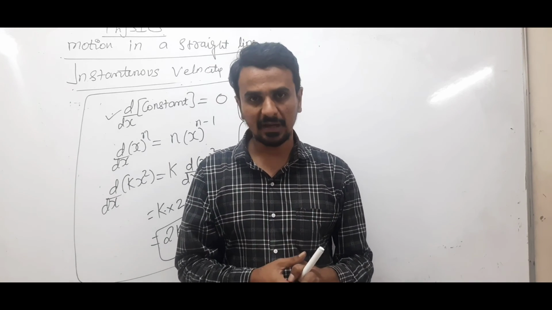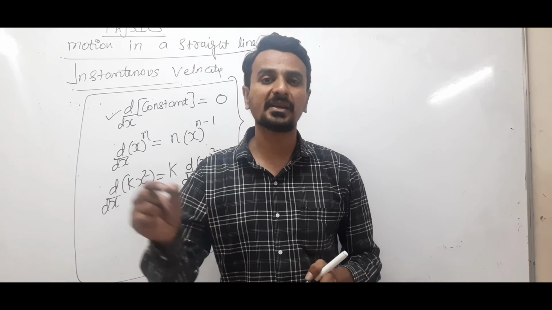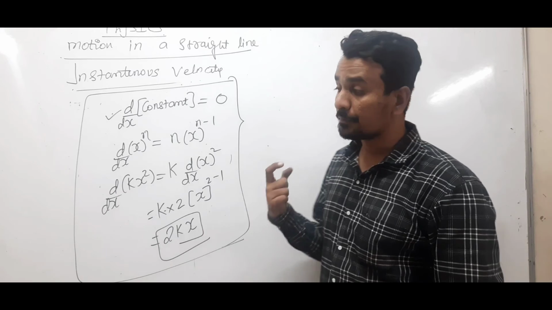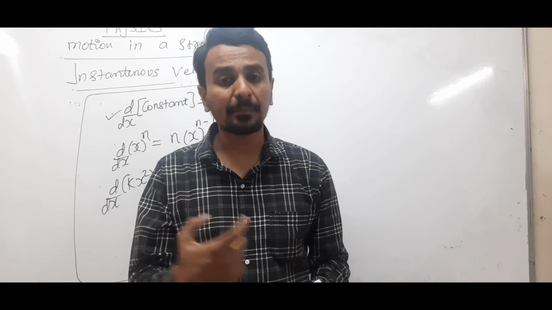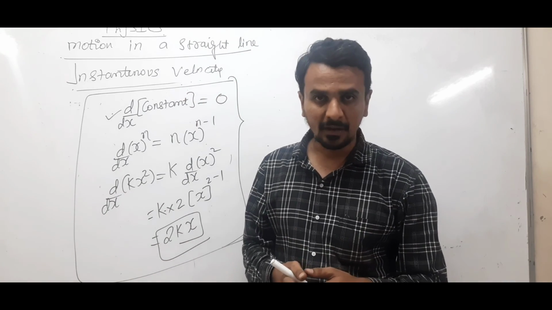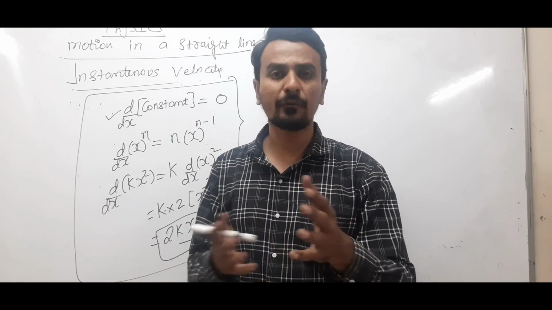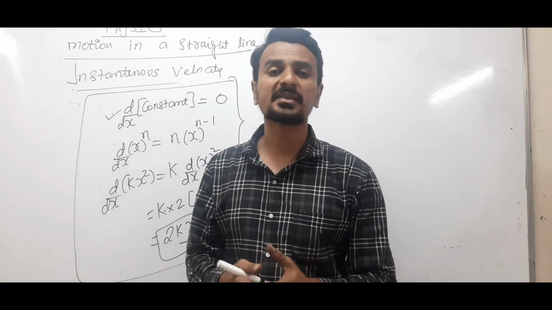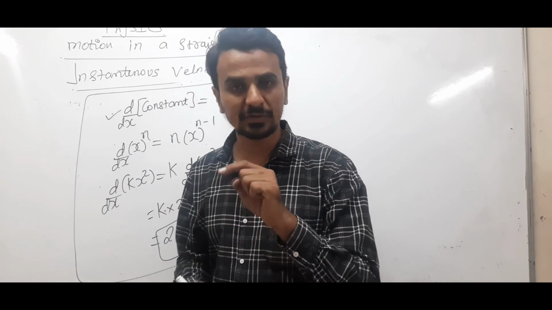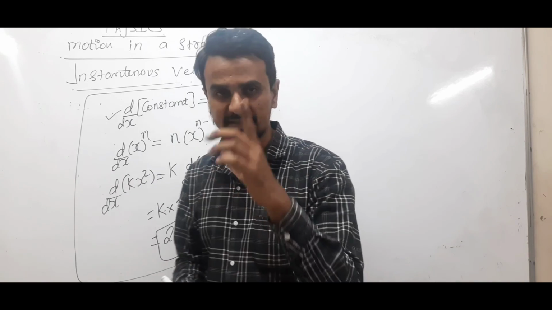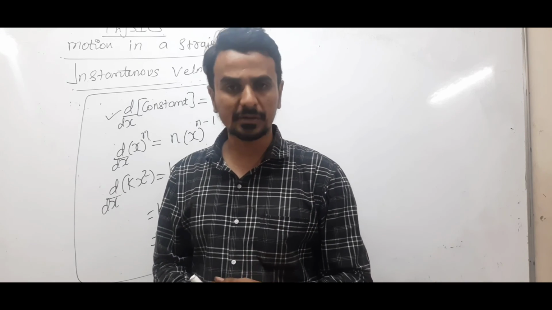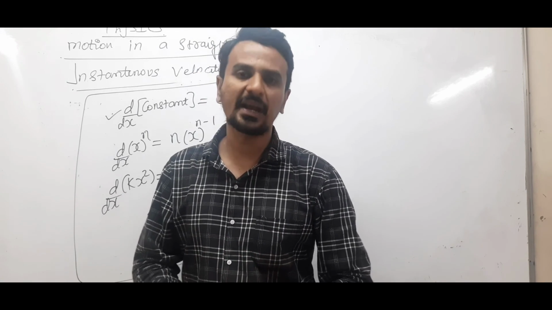In many of the questions they will not be mentioning to find average or find instantaneous. No, you have to understand from the question whether we are being told to calculate average or instantaneous. See, if you are being given 2 instants of time, 0 to 3 seconds, 0 to 5 seconds, that means they are asking you to calculate average. And if you are being told to calculate velocity at 2 seconds, velocity at 5 seconds, that is your instantaneous velocity, right? So in the next video we will solve the questions based on average and instantaneous.